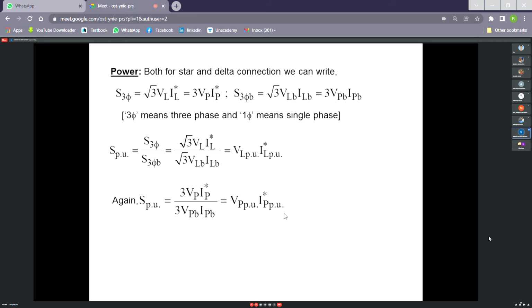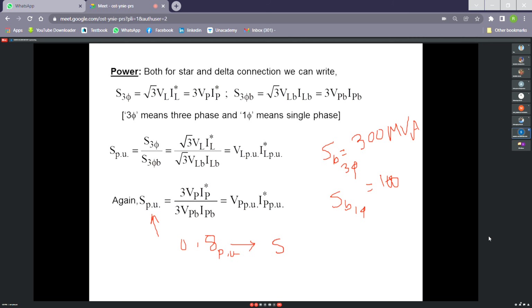So in a system, say if I consider a base value is 300, 300 MVA is the base. Then this means this is the three-phase base, total three phase. Then per phase how much? 100 MVA, right? So now you calculate, say this S per unit is say 0.8, right? So 0.8 per unit. Can you follow me? If you cannot, then you tell me. So the per unit value is 0.8 per unit.